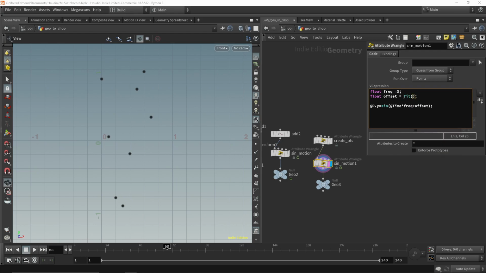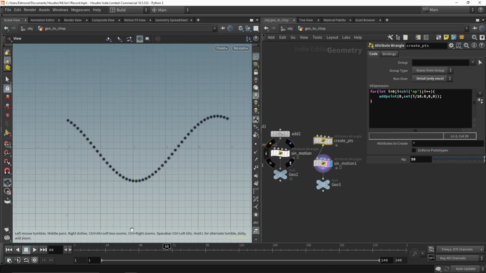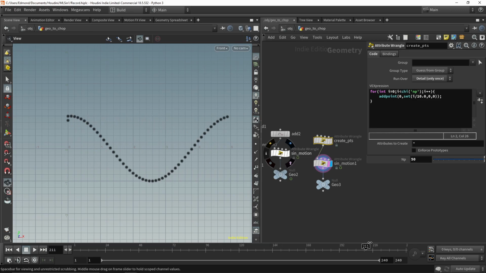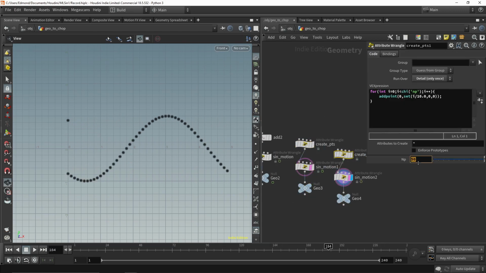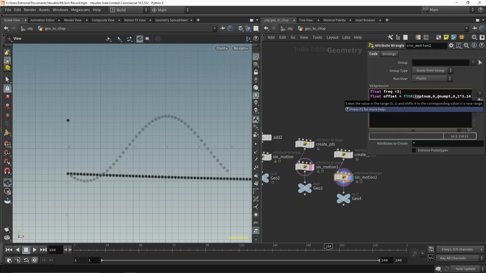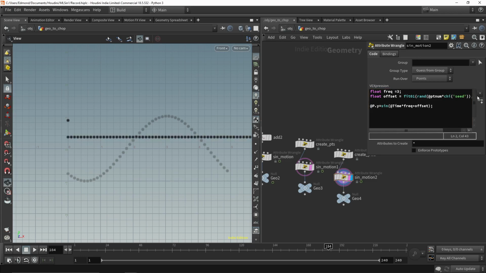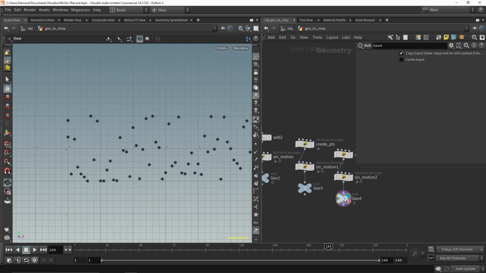Regarding the offset, the sine function is 2 times pi periodic. So if we fit the ptnum between 0 and 2 times pi, we ensure that the offset will use the full period of the sine wave in a uniform manner. If you intend to use this setup for machine learning purposes, I recommend adding a parameter that will give you a unique dataset at each value, and also making the dataset less predictable.